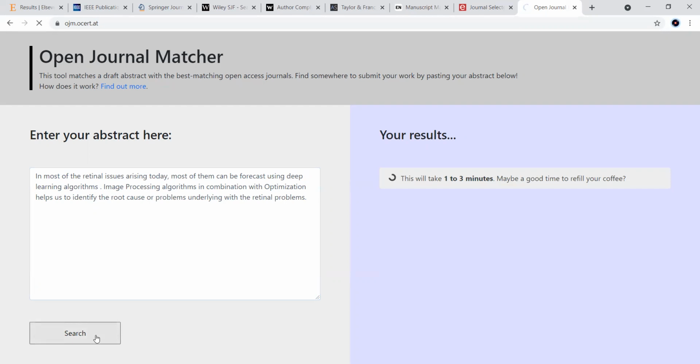This matcher will take some time to find which types of journals are available for us in the market. It will take some time, but you have to be patient and pick the journals.